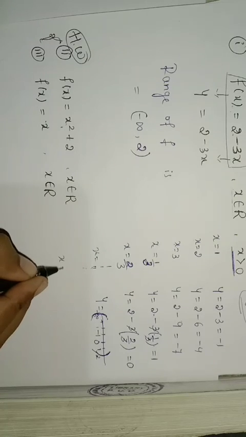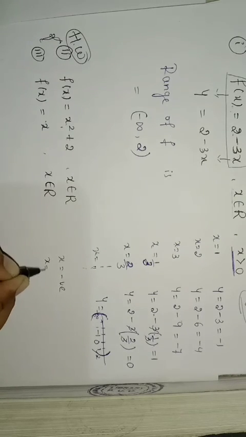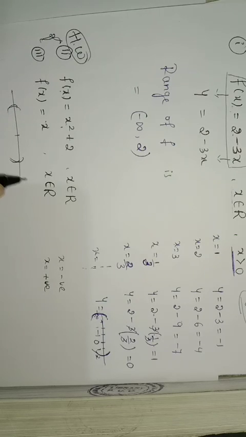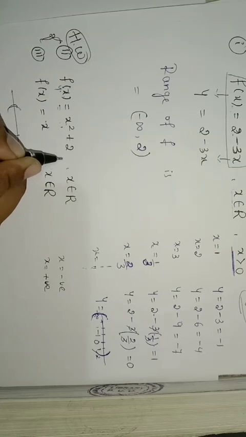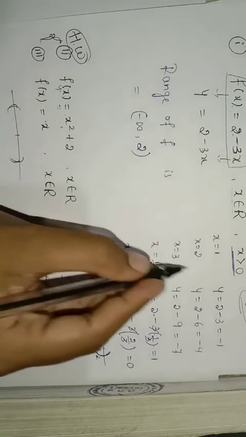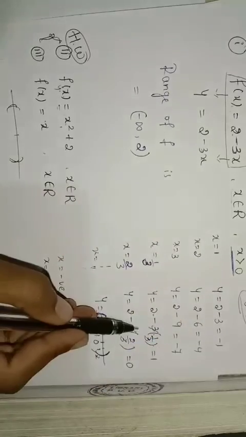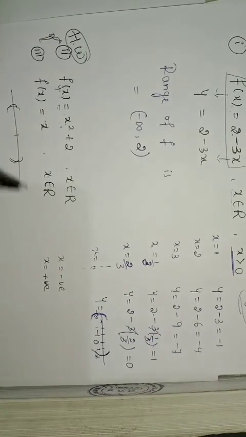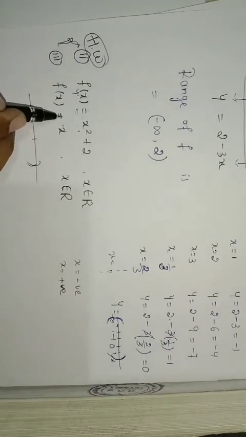So x may be a negative value or a positive value. Check between which numbers the output comes for these functions. So whatever x value you put, y, this is nothing but y is equal to x square plus 2, you can write. See what y value you get for the x value you put. Check like this and conclude your answer. These two are homework for you.